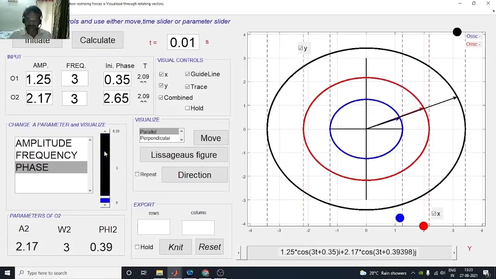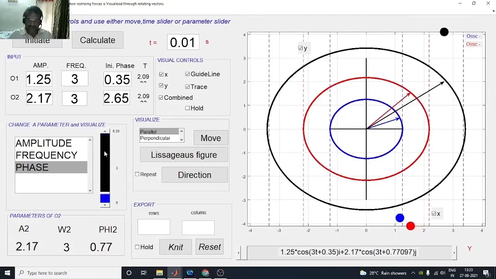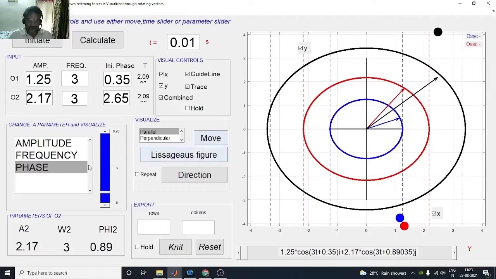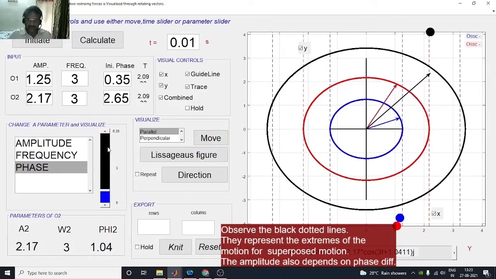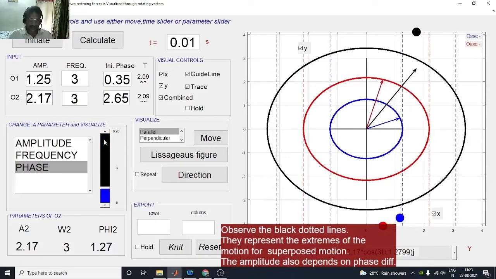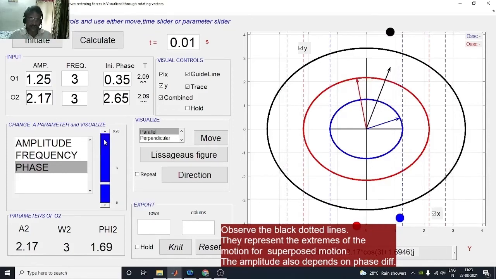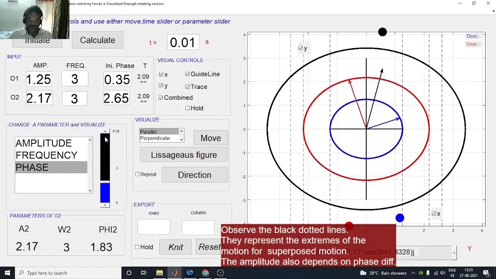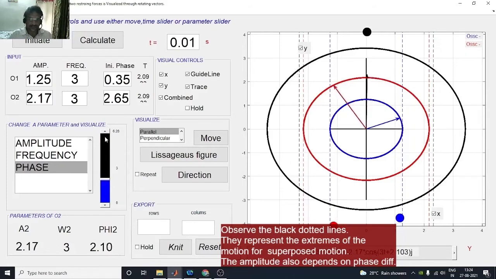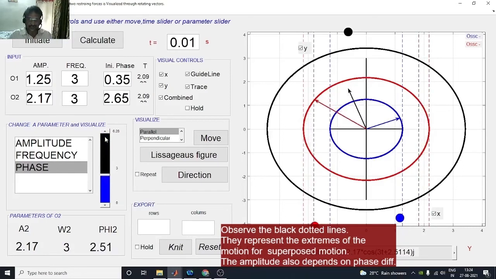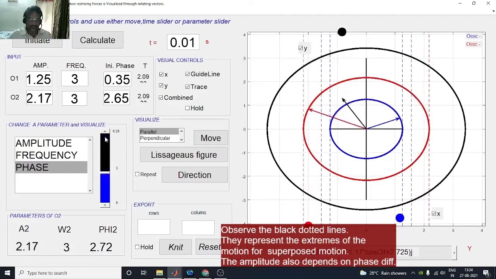We don't see anything drastic, but now see, as the phase of the second oscillator, that is the red, changes, the blue one is not moving, only the red one is moving. The length of the arrow is decreasing. So actually it is the phase difference which determines this, since we are keeping fixed the phase of the first oscillator. I am talking only about the second phase, but it is the phase difference. So as the phase difference changes, remember this is at t equal to 0.